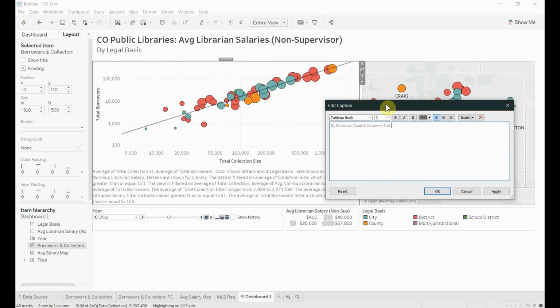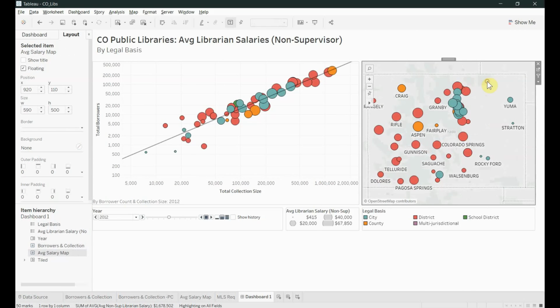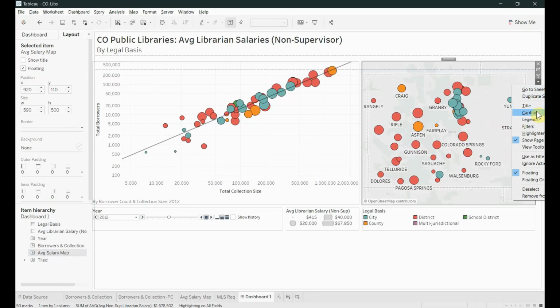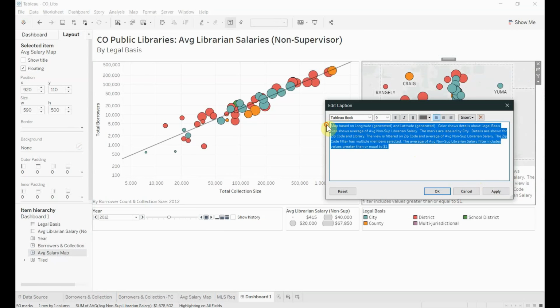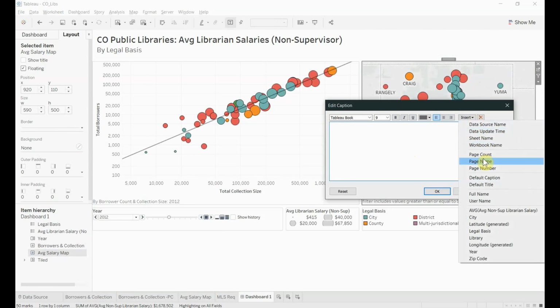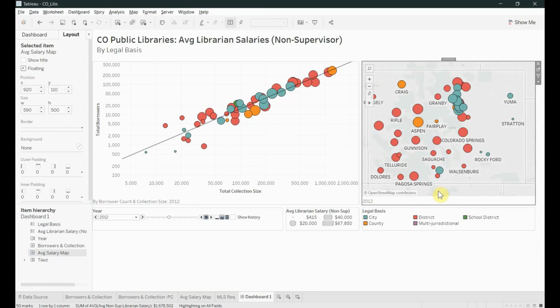Unfortunately, Tableau does not facilitate the inclusion of the currently viewed year in the dashboard title, so we'll include it in the captions. Click on the Insert dropdown and choose Page Name. OK out. Now the map caption is too stark and draws too much attention. Fix this by right-clicking on the caption